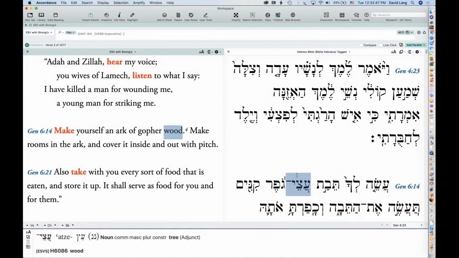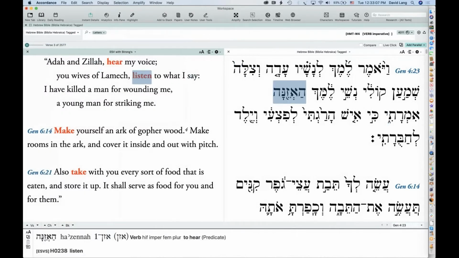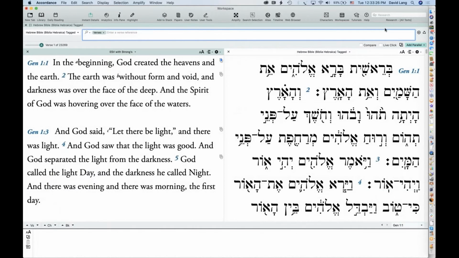So there are a number of ways that you can link the English with the Hebrew and leverage the power of the Hebrew. All right, so I think I've beaten that drum enough. Let me switch my search text here to the Hebrew, and let's spend some time actually searching the Hebrew and talking about how you do that. Now, before we do that, let's just talk about the way the Hebrew database works. And I'm just going to go to Genesis here.